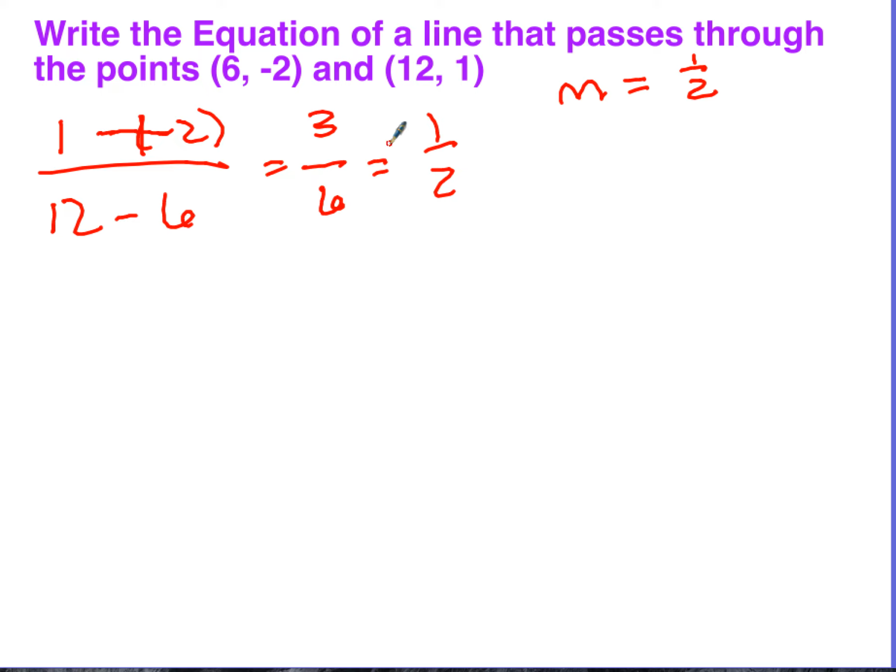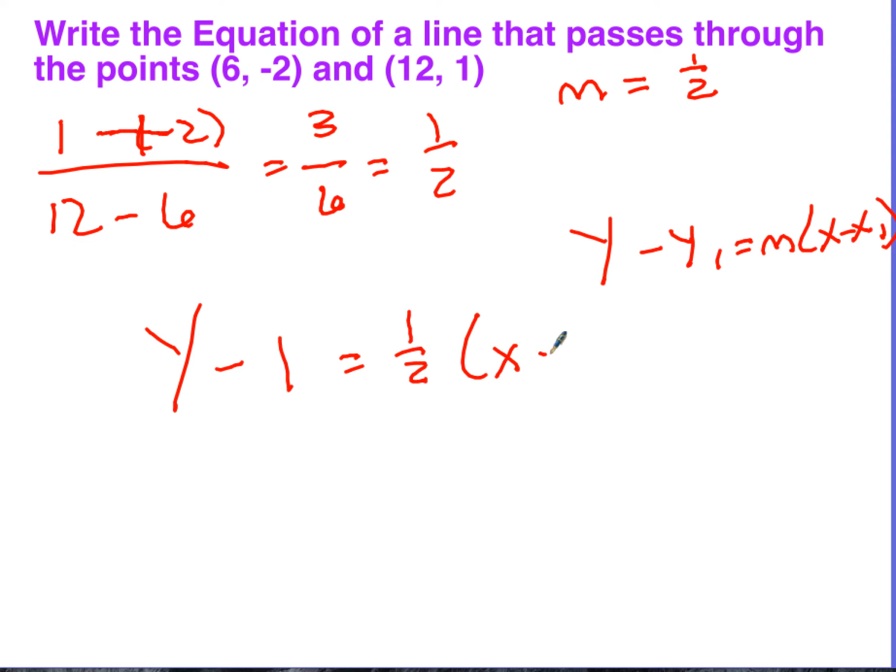So I've got my slope, and I've got 2 points here. Now I get to choose whichever one of these points I want, whichever one looks like it has the easiest numbers to work with. Initially, I might think maybe (12, 1), just because it doesn't have any negatives. I can use that point, but it doesn't matter which point you choose. If I want to use my point slope formula, y minus y1 equals m times x minus x1, then y minus whatever my y1 is, I'm going to use this one right here. So y minus 1 equals my slope